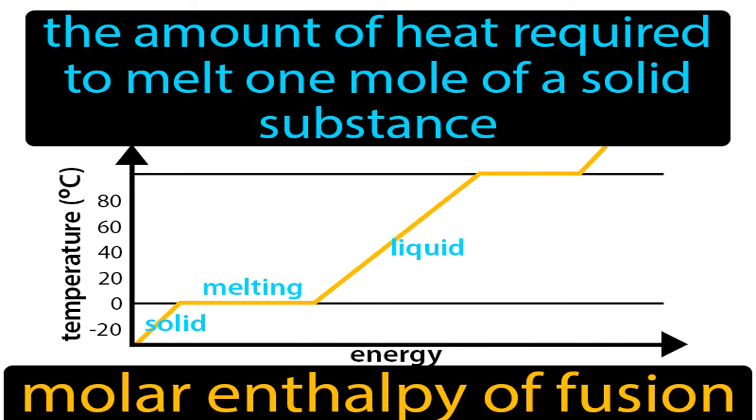One is what? Fusion reaction. What is fusion? To melt. When the solid is melting, it is called fusion or melting. That time, what is the enthalpy change? We will learn. The amount of heat required to melt 1 mole of solid substance into its liquid state is called the heat of fusion. Because you have taken 1 mole here, this is called the molar enthalpy of fusion. You take 1 mole of any solid and convert it into 1 mole of its liquid state. How much energy change is there? That is called the molar enthalpy change of a fusion reaction.